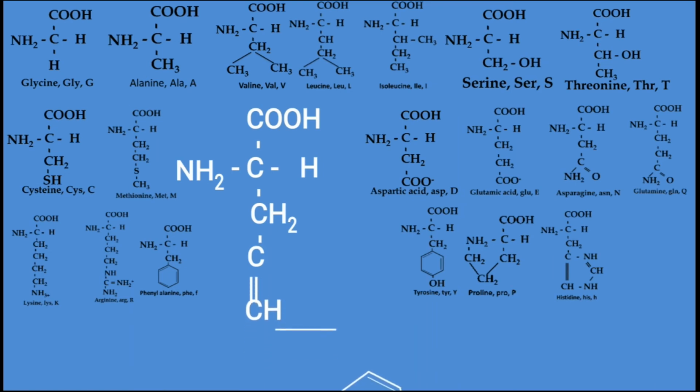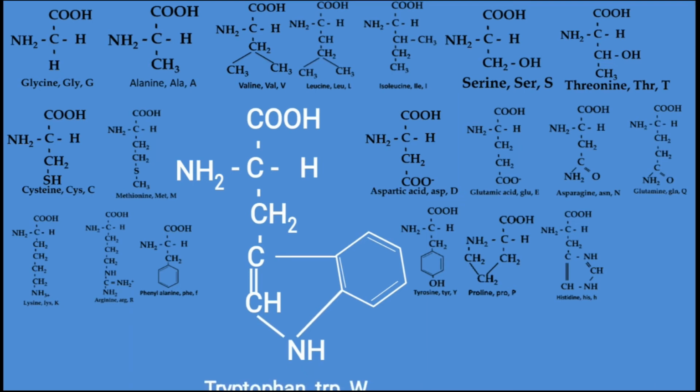The next one is tryptophan. So we take the alanine amino acid and add 2 more carbons, and the last methyl group is linked by a phenyl compound, and the last carbon and phenyl compound are linked by the amine NH. Since it contains phenyl, it is also an aromatic amino acid and it is hydrophobic in nature.